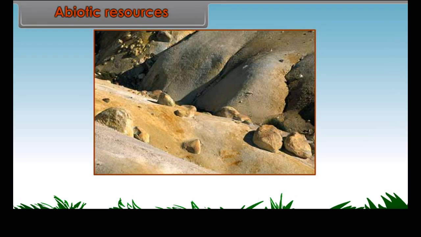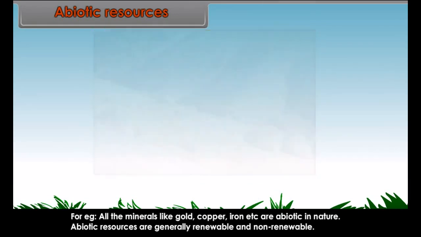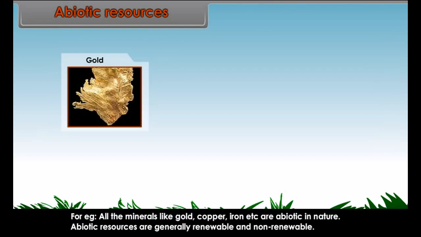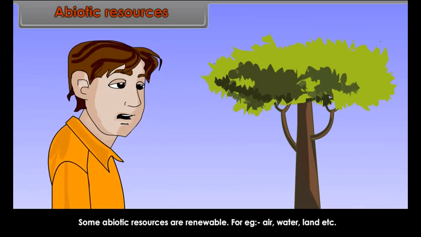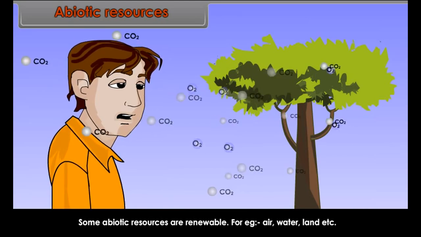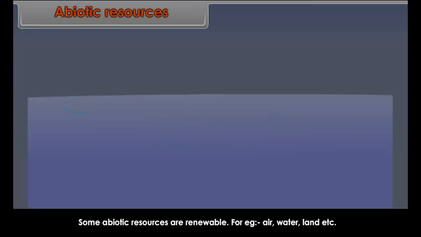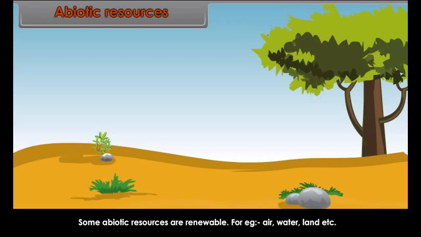Abiotic resources. These resources are generally found within the Earth's crust and belong to the non-living group. For example, all the minerals like gold, copper, iron, etc. are abiotic in nature. Abiotic resources are generally renewable and non-renewable. Some abiotic resources are renewable. For example,